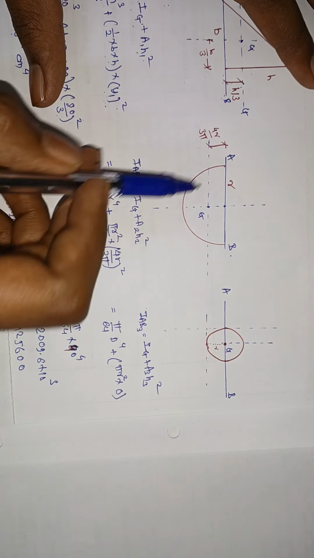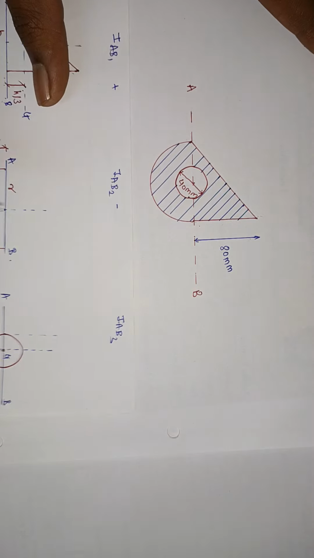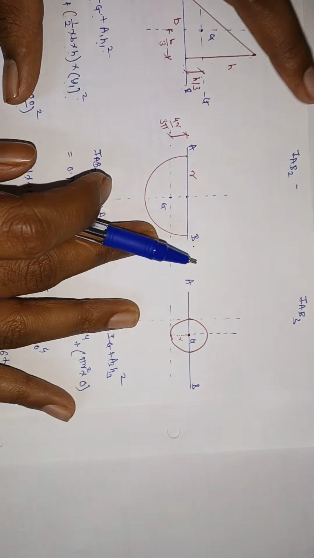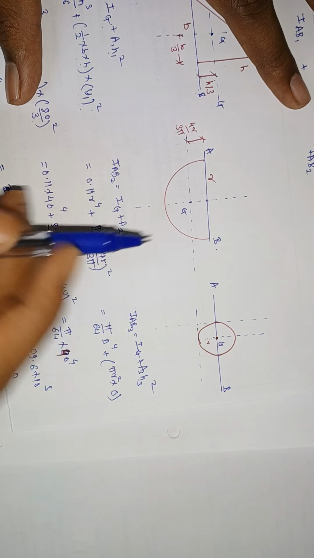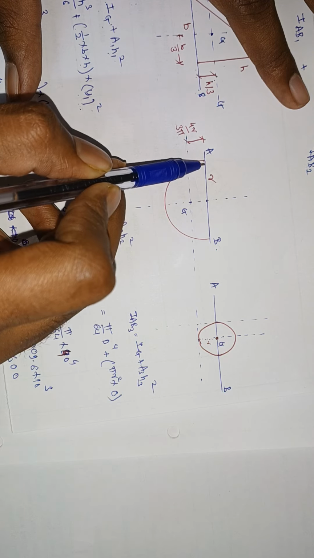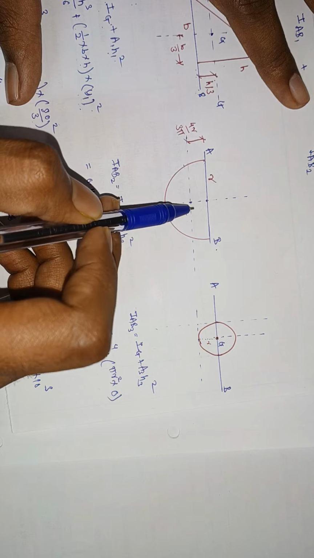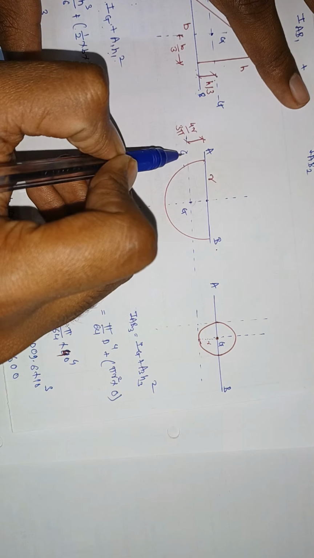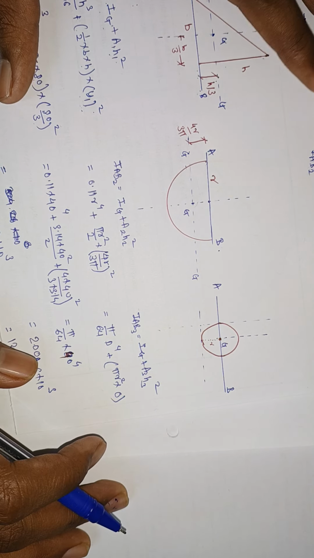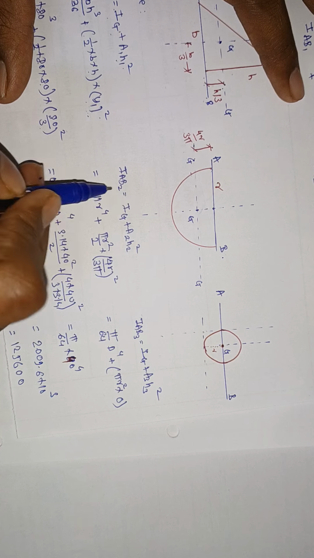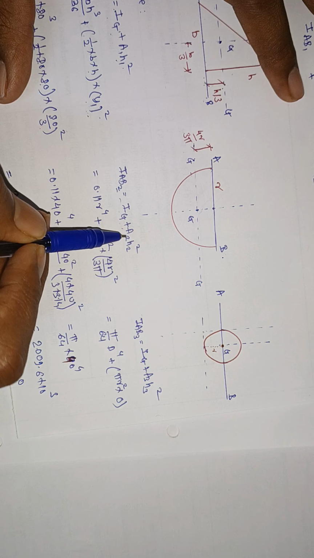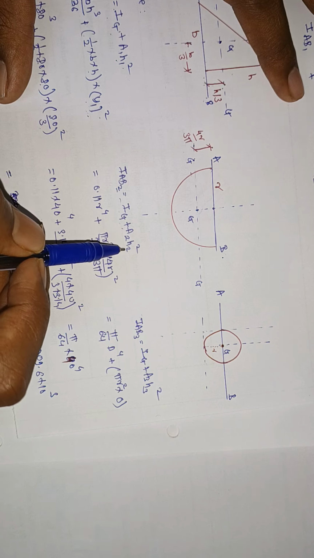Now let's move towards the semicircle. I have drawn the reference line AB and this is the semicircle. So mark the CG of this semicircle. We know that the CG lies at a distance of 4r upon 3 pi; this is the centroidal axis of the semicircle, and this is the reference AB. So the moment of inertia IAB2, why 2? Because this is my second part, the semicircle, equal to Ig plus A2H2 square. This is our parallel axis theorem.